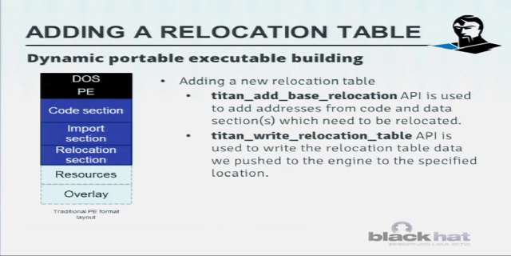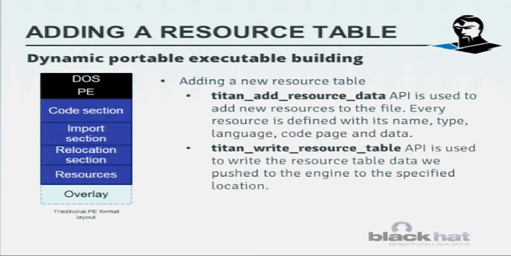Same story goes for relocations and resources later on. So you basically just add base relocations for every address you want to relocate. And when you're done with adding all the addresses which need to be relocated, you just write that table. Same story goes for the resources. You add resources, and resources can be added by name, type, language, code page, and so on. That's all the data you can customize, including what the actual resource is. So as soon as you add that data to the resource section, you can just write it, and you have